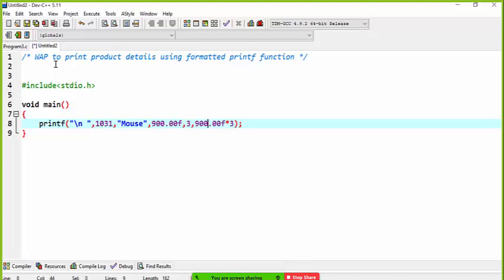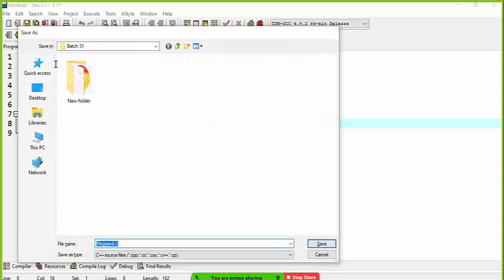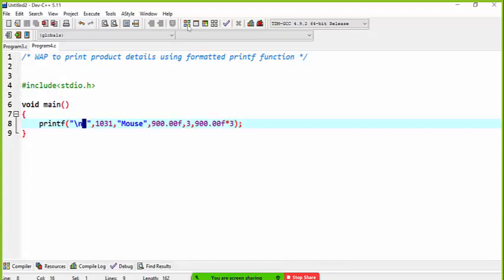So how does the system identify the values? I have not added any identifier here, so how does the system identify what is 1031 or what is that double quote data mouse? So if I save this code, let's say as program number 4.c, and here is the button.